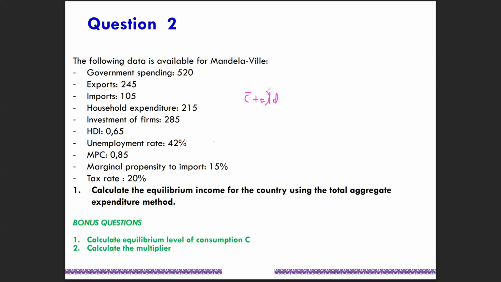And you know that to get your disposable income, we can say Y minus T,